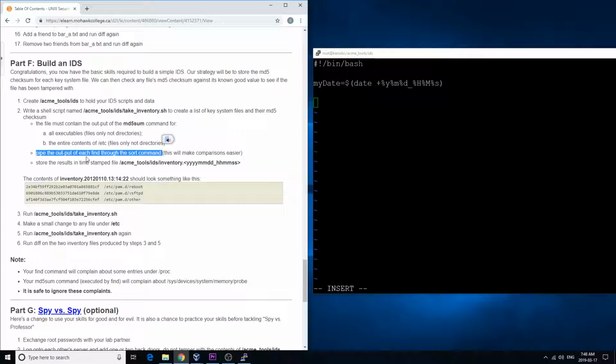And then once we sort it, we're going to be storing it in a file called inventory dot and then our variable right here, whatever comes out. That's always going to change because every second is going to be something new. So how it's going to look is this. We're going to say find /etc -type f, executable. We don't care about the name. Then we're going to say -exec md5sum {} \;